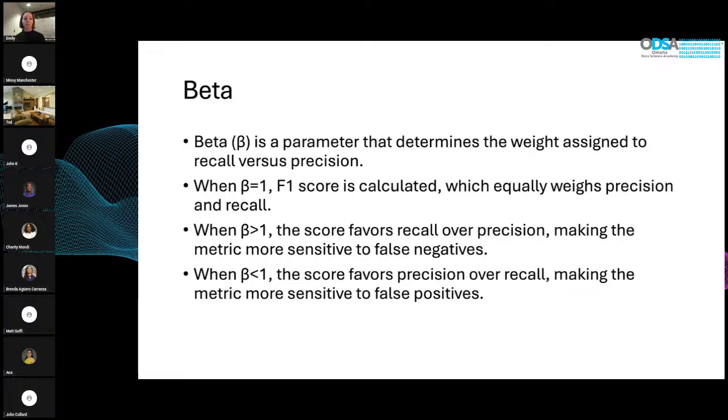Okay, and it makes it more sensitive to false negatives. I hope that's what I said earlier. When beta is less than 1, when it's 0.5, for example, the score favors precision over recall. Nope, that's the opposite of what I said earlier. Making the metric more sensitive to false positives. If you have a bigger number on the denominator,